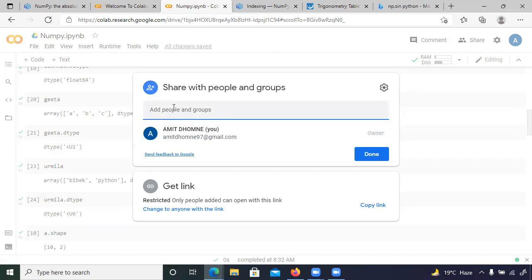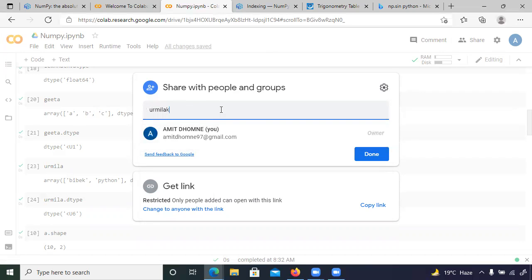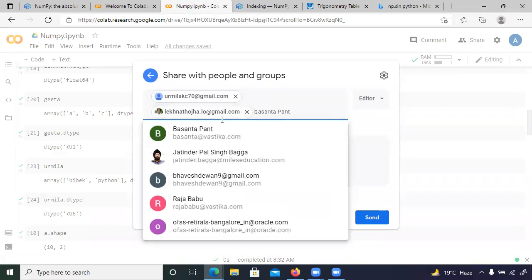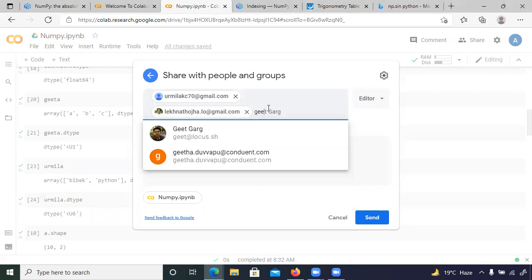Mine is Urmila KC70. Okay, 1 minute. Urmila KC 17, no, 70. Okay. Other, Leknath. Okay, I have this. Bibek. Sorry, can you just, okay, have you sent it on the chat? Okay, yes, please, can you send it on the chat? Okay, does anyone know Geeta's mail ID? I think I can forward it to her. Okay, yeah, please.